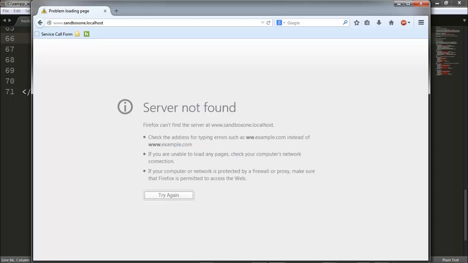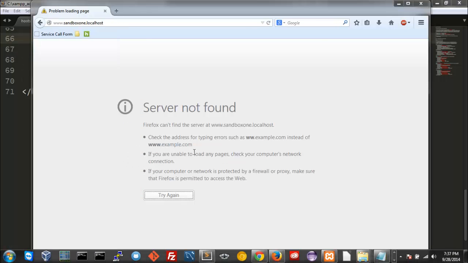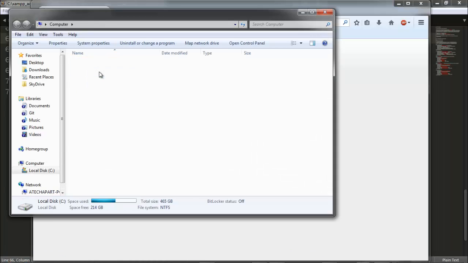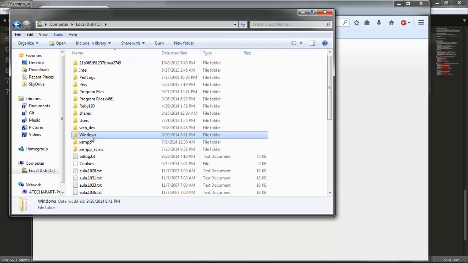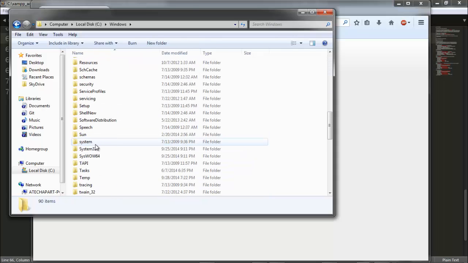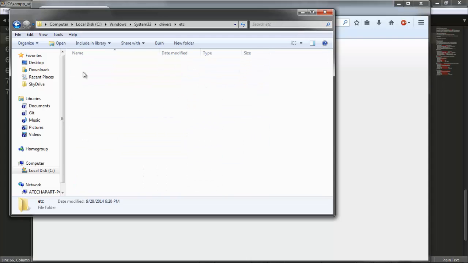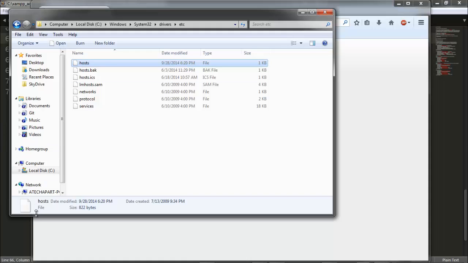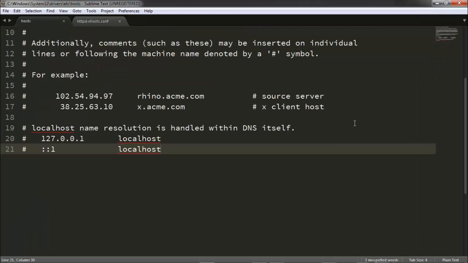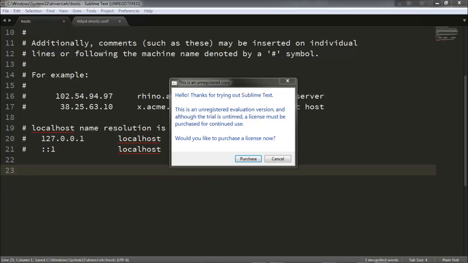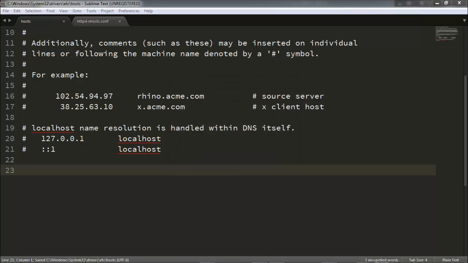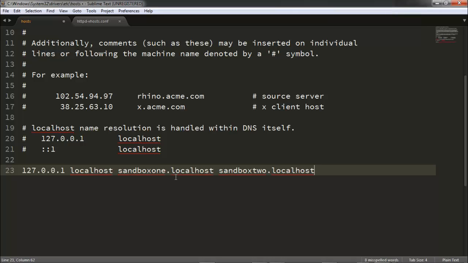In Windows, we're going to find that in Computer, C drive, Windows, System32, drivers, etc. And here's your host file. I already have it loaded up here in my text editor. Okay, and at the bottom I'm going to copy and paste in a code snippet. There we are. Okay, so what we're saying here is